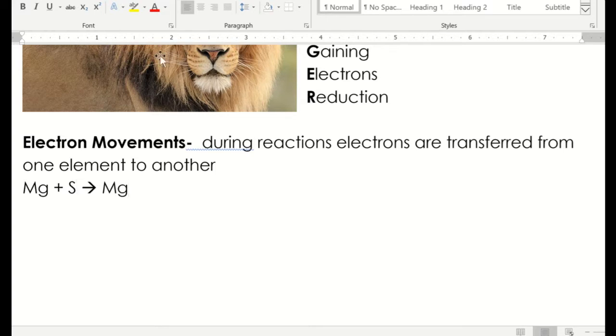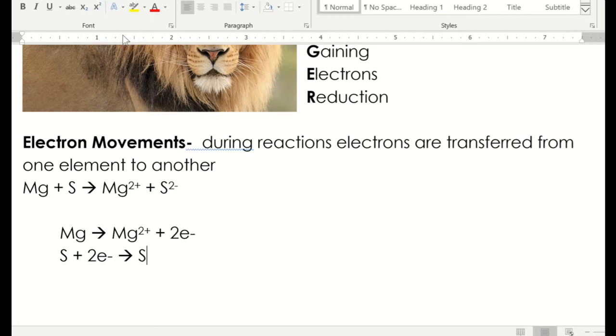If you have magnesium reacting with sulfur, magnesium is going to end up with a 2+ charge, and sulfur is going to end up with a 2- charge. And those charges are just what they want to be, just like on the periodic table. So magnesium becomes magnesium 2+ because it lost those 2 electrons. That's shown in this little thing. It's called a half reaction. And then sulfur ends up gaining those 2 electrons